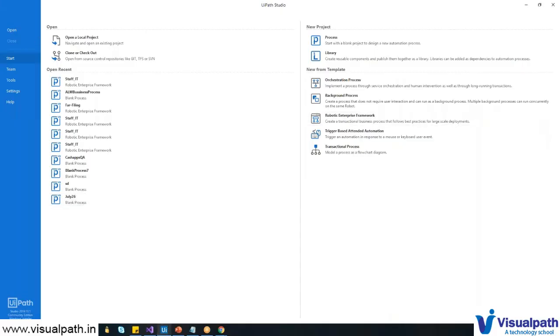So this is UiPath tool. As you can see, the studio version is 2019.10.1 at the bottom left side. And I'm currently using community edition. Community edition in the sense, my company has provided me this version. When you are downloading, it will be something called enterprise version, where you'll have a few features available, but you can practice and do everything there.